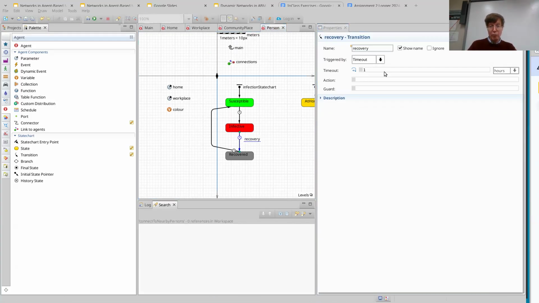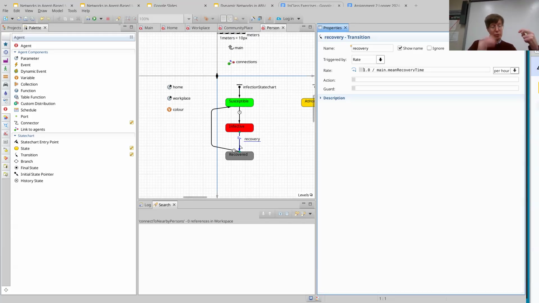We could have called it natural recovery. It would be a rate given by 1.0 divided by main dot mean recovery time. The mean recovery time is encoded in main. That's where this parameter lives that we just created. 1.0, because if you have a memoryless process, which this characterizes when this is a fixed rate,